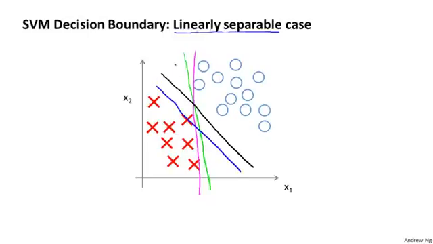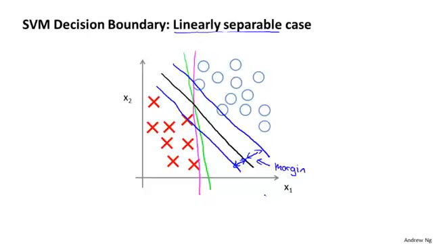If I draw these two extra blue lines, we see that the black decision boundary has some larger minimum distance from any of my training examples, whereas the magenta and the green lines come awfully close to the training examples, and that seems to do a less good job separating the positive and negative examples than my black line. And so this distance is called the margin of the support vector machine, and